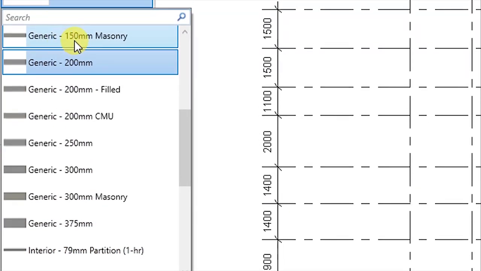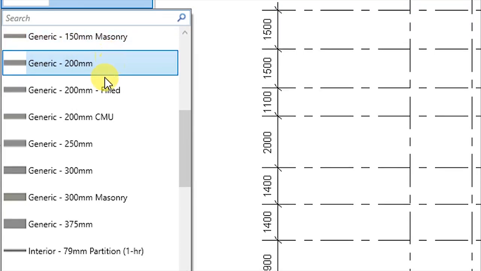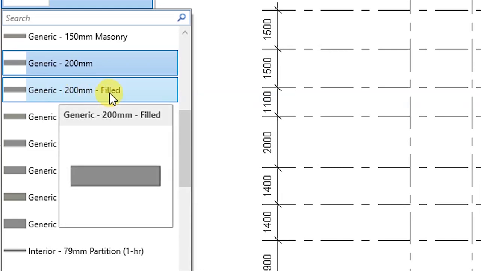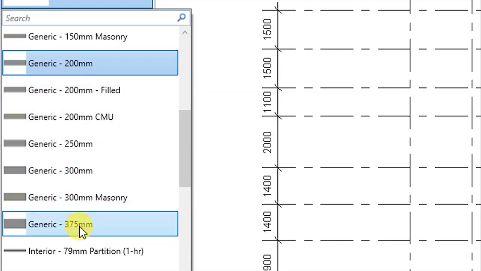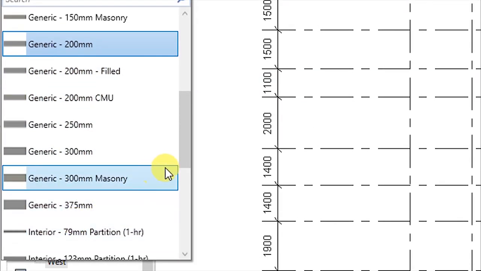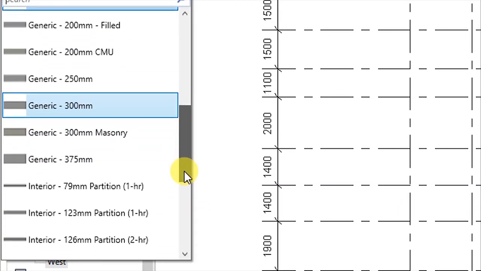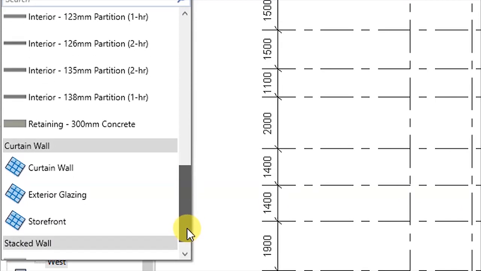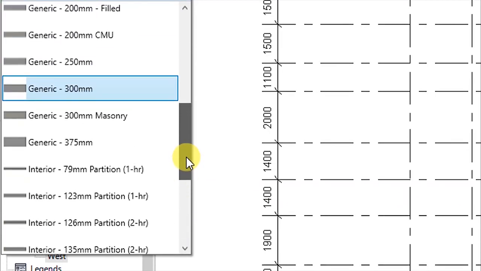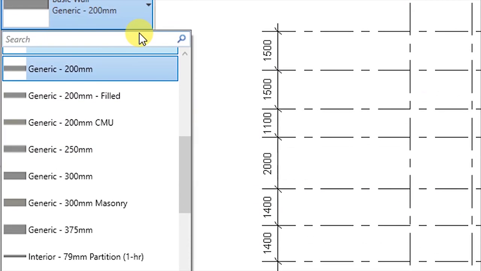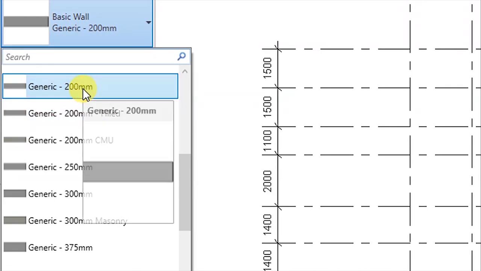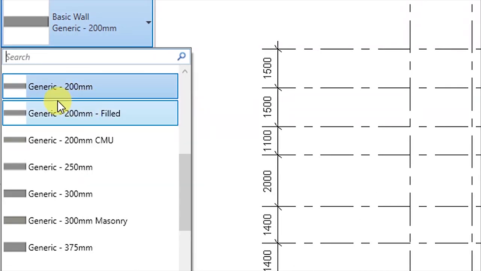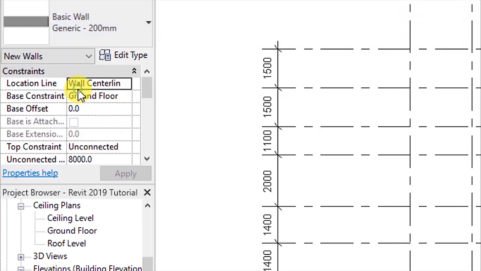We have a generic 150 mm masonry wall. We have a generic 200 mm wall. We have a generic 200 mm filled wall. So these are the various predefined wall profiles that we can use. And if we want to create our own, we can just select one of these and then make some adjustments. In this case, I want to select generic and then click on Edit Type,